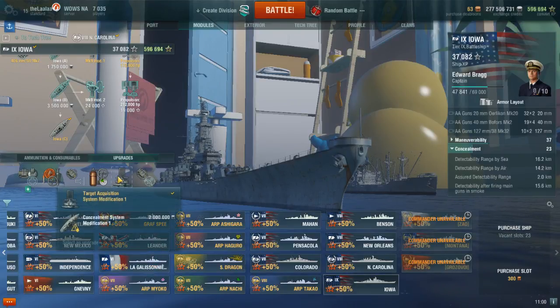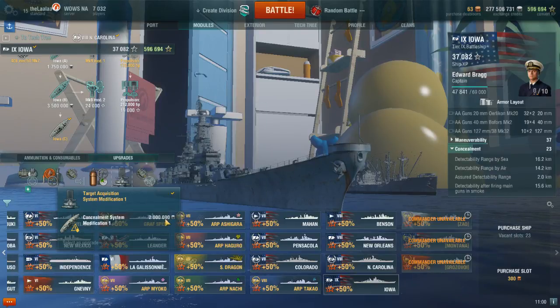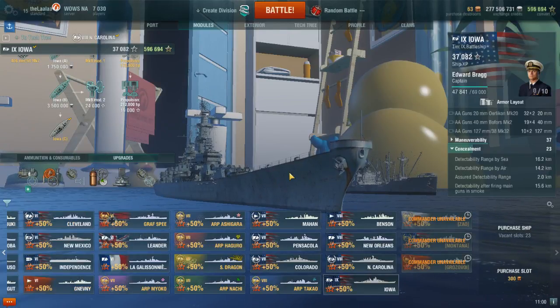Golly, okay. What have I got here? Yeah. Okay, see, I've not demounted any concealment modification, so I'd have to pay $2 million for this. But I have some of each of these available because I've demounted them. But 26 of those. Why? I'll show you. Because the last time that the